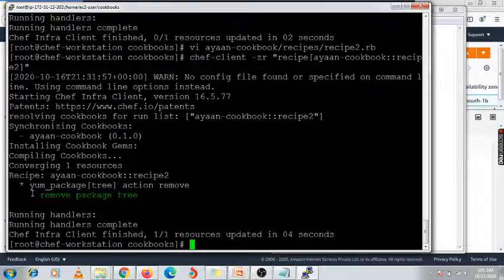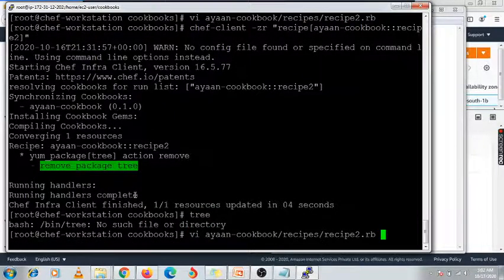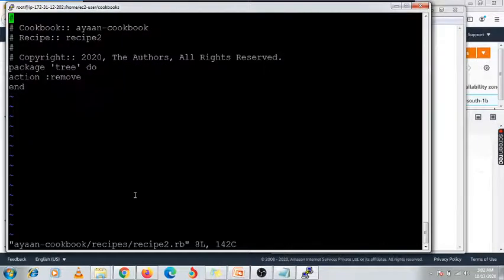Now it is performing this action: remove package tree. Now you can try to use the tree command, it will not run, because this tree package is now removed from your system.